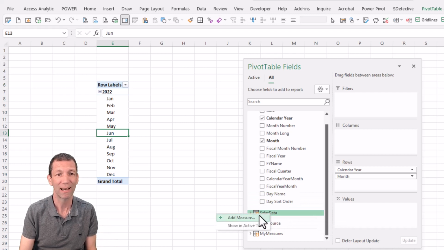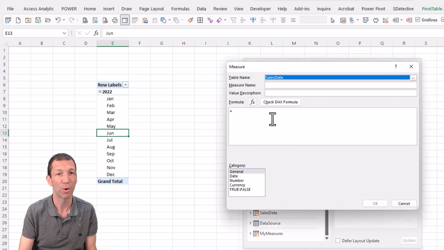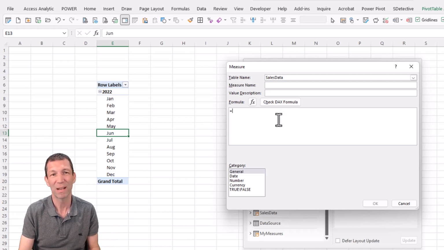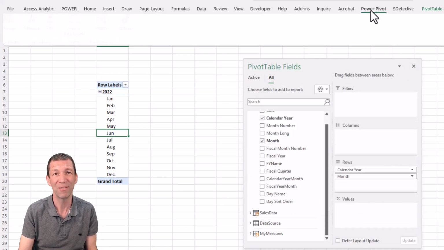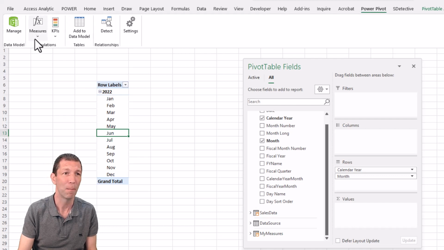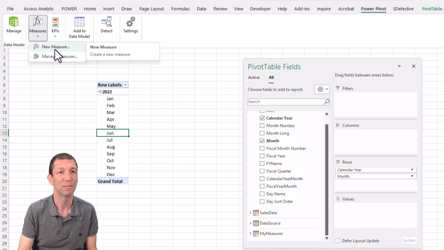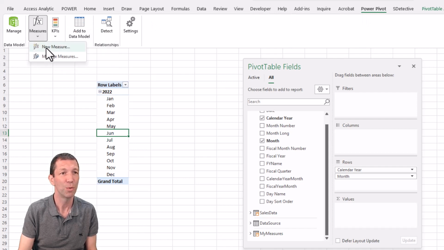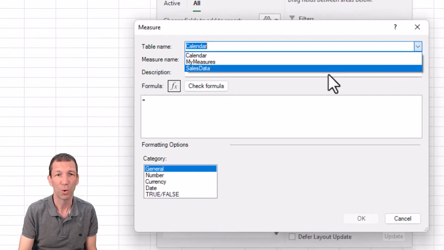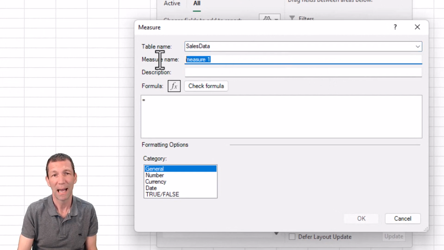Now I could right click and add a measure and it brings up this box. However, I don't like this user interface, especially when doing demos, because every time you press tab, it zooms back out. It's not great. So what I'm going to do is go to the Power Pivot menu, over to Measures and New Measure. I recommend right-clicking and adding that to the Quick Access toolbar, so you don't have to jump around here, but that's another thing. So, New Measure. Add it to your sales data, and we'll call it